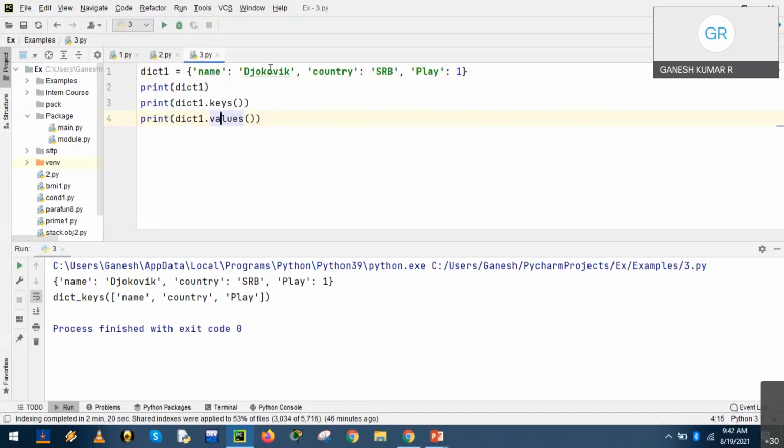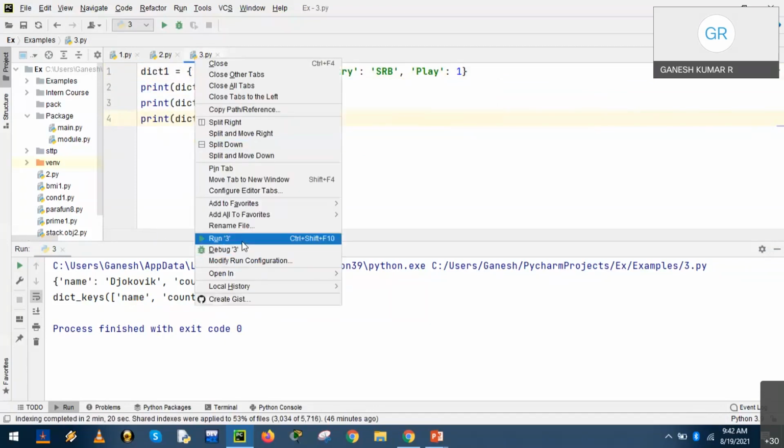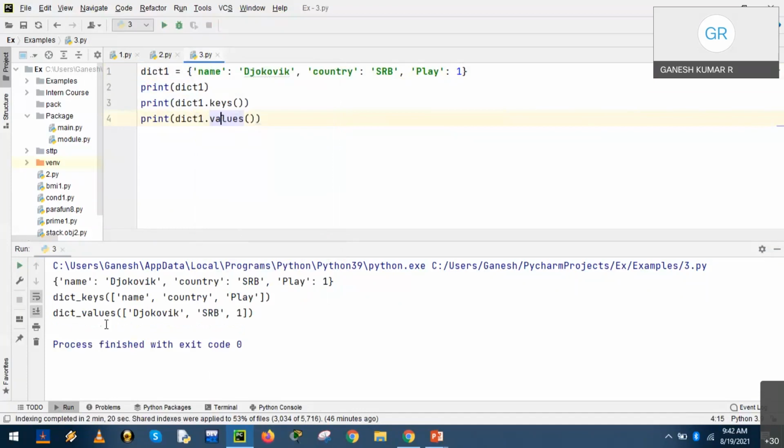This statement will pick only the data supplied to the keys. So the dictionary values are Djokovic, Serbia, and the position is number 1. All the key-values are displayed with the help of the print function, and selectively picked using the functions keys and values.